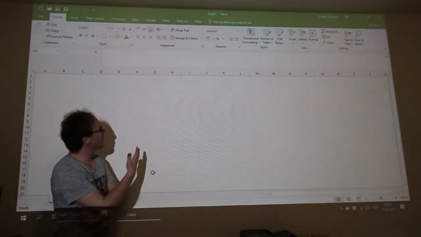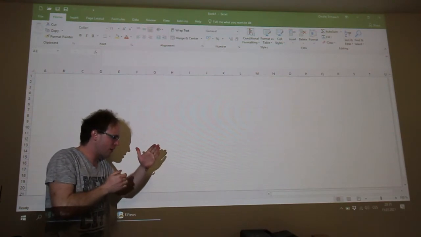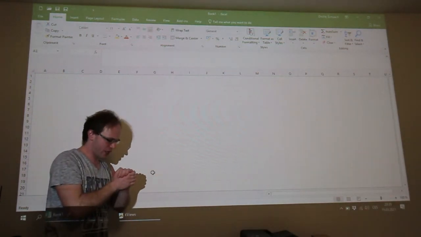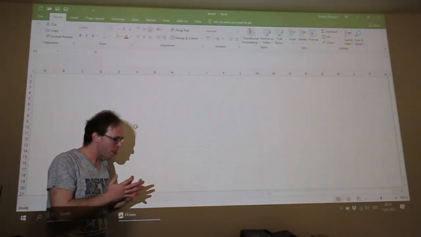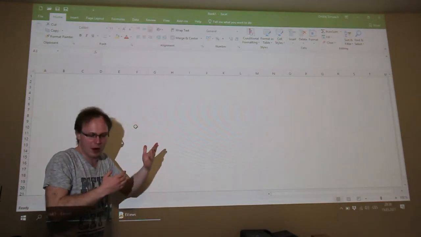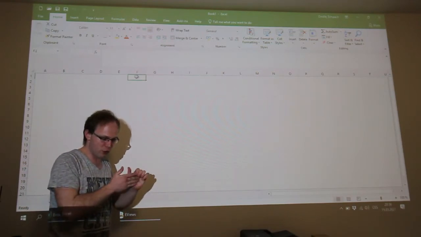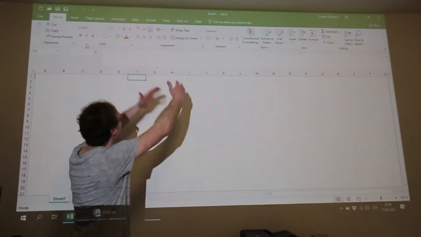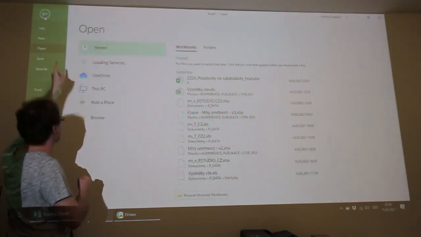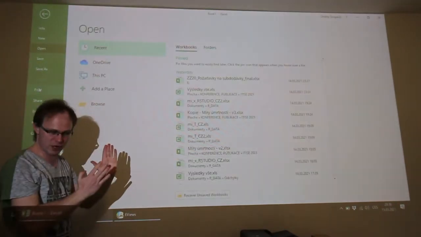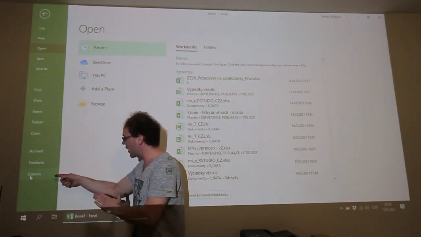Okay, so I have here opened a Microsoft Excel sheet, and we will start with generating the Gaussian white noise process. So we need a generator of random numbers, and we need to install a special add-in to Microsoft Excel. If you have this blank workbook open, you can click on the File button, on the top left corner of the window. There on the bottom you can see Options.